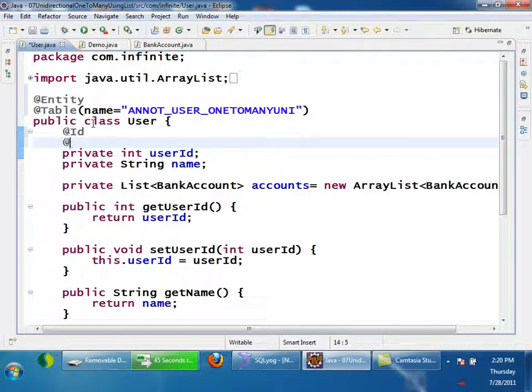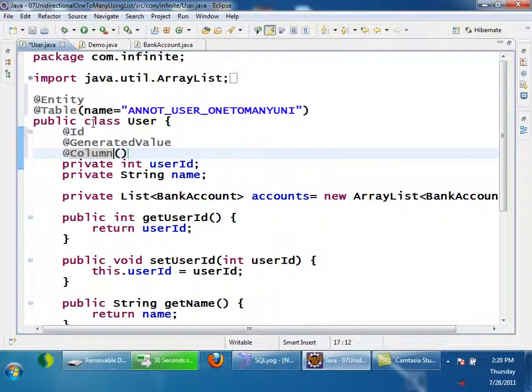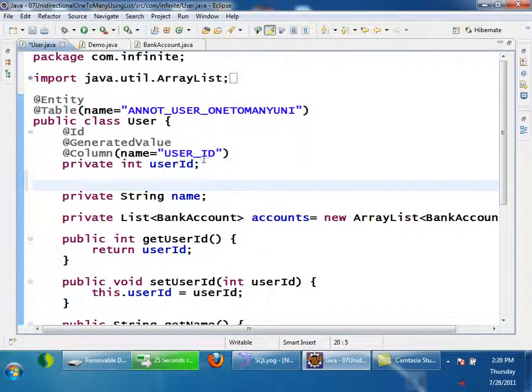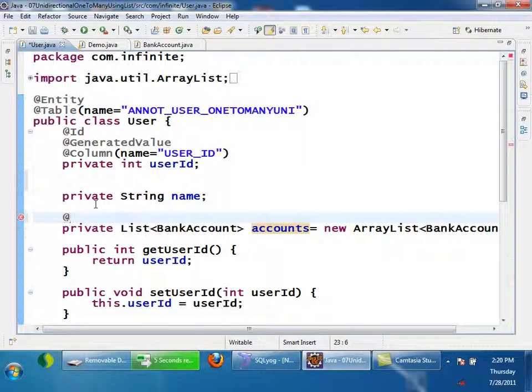name for this column, user_ID. So this is normal. Till now we didn't see any difference. Now for user ID, I gave the column user_ID. For name, I am not annotating it with Column, so the variable name will be the same as the column name. And coming here, list. This is a field which is representing a one to many relationship, right? Okay. So I'll annotate it with OneToMany,